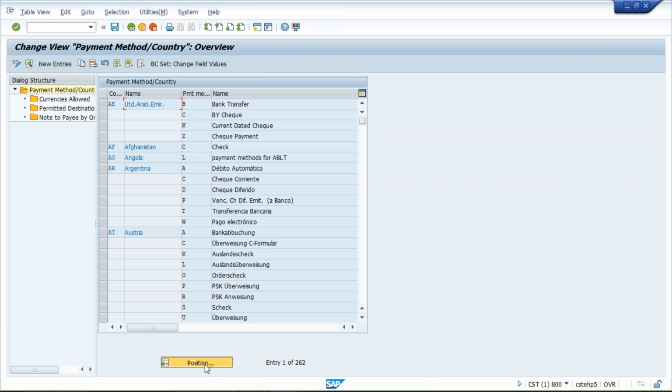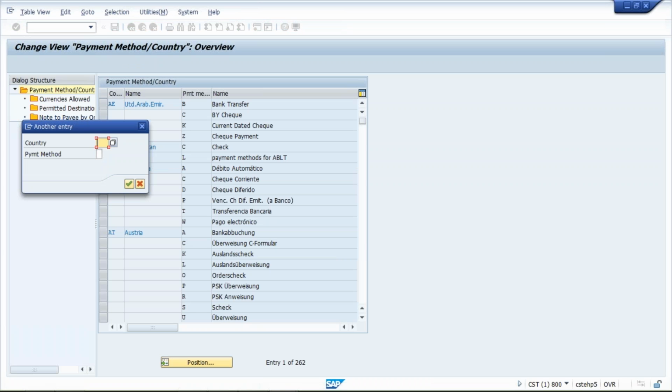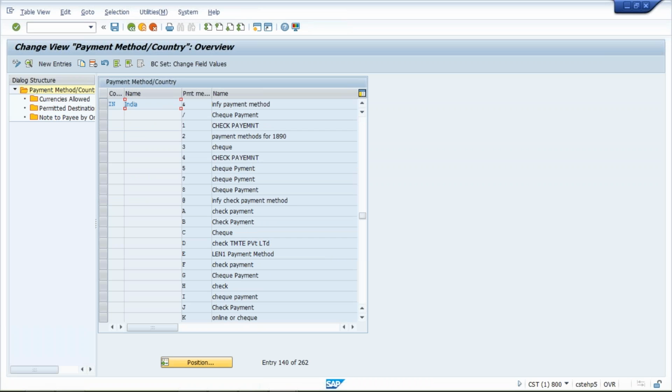Now click on position and give your country IN and press enter. So for India, we are having, since it is an online server, so many people have created lots of this payment method. Now generally,